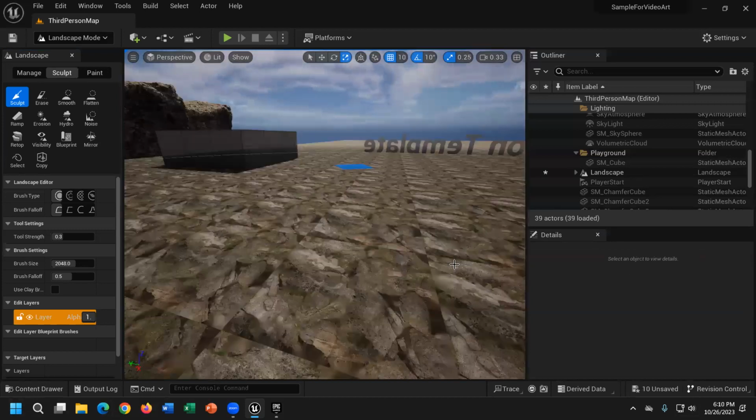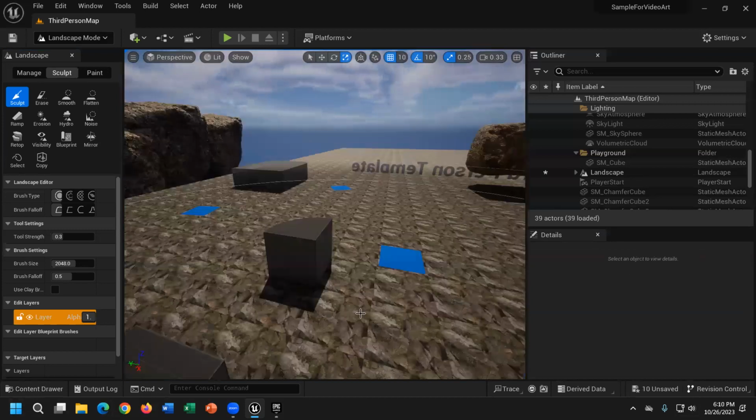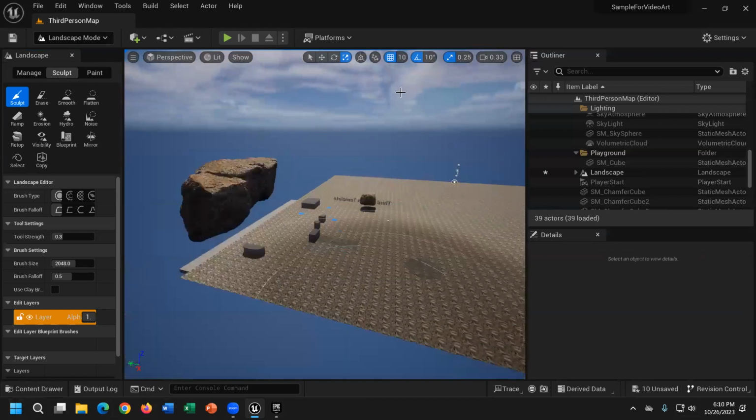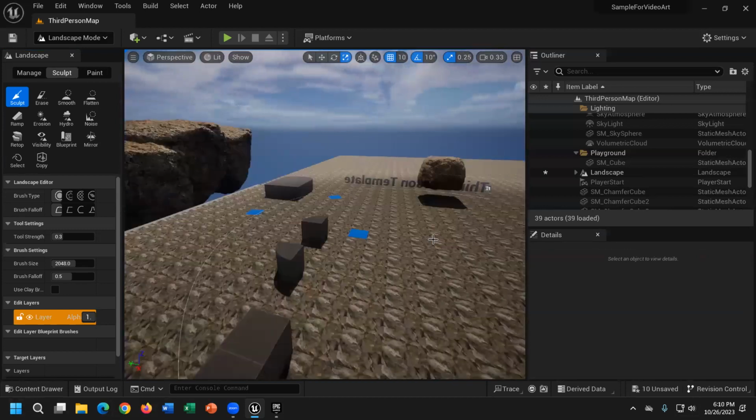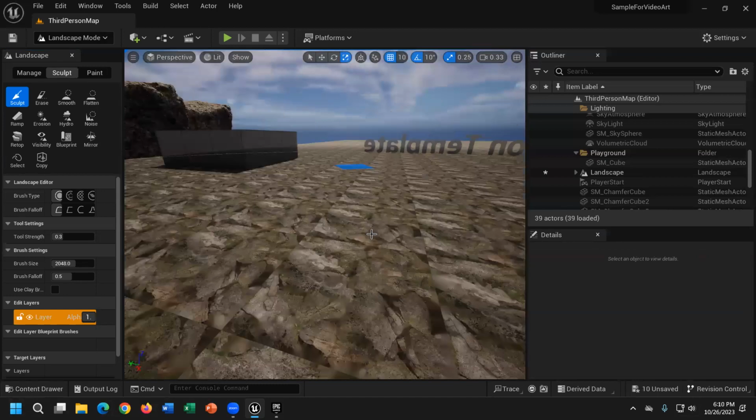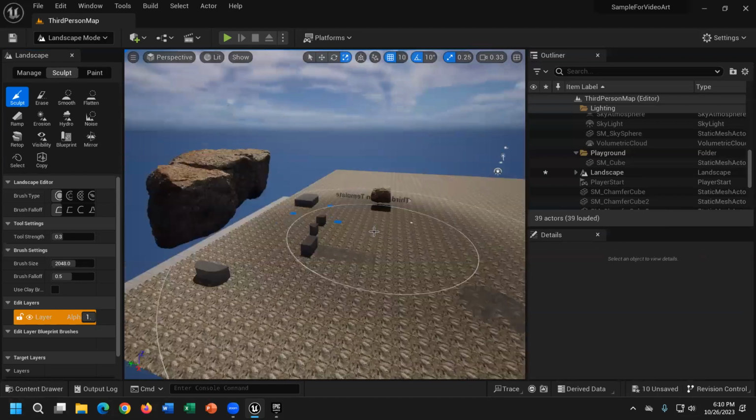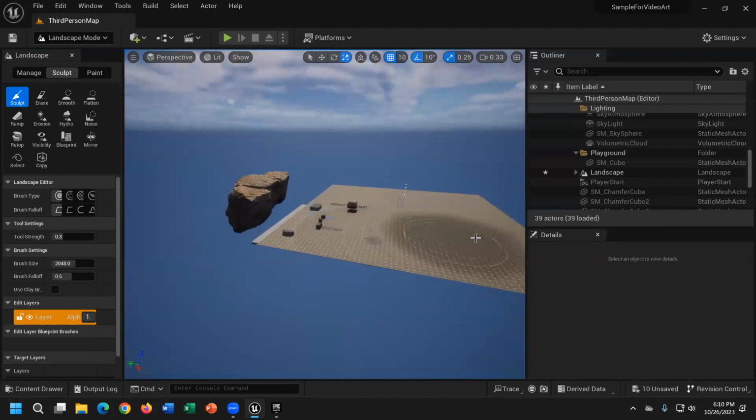Of course, the material is not best for this. You need to download another material for the floor. Otherwise, you will see something like this, patterns. But yeah, we'll use it for now. We'll fix it later. So this is landscape